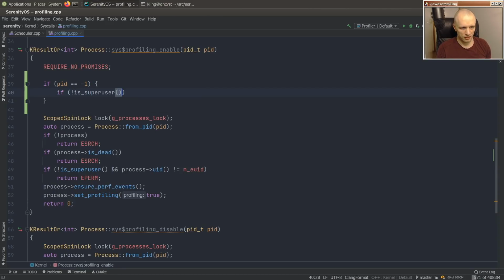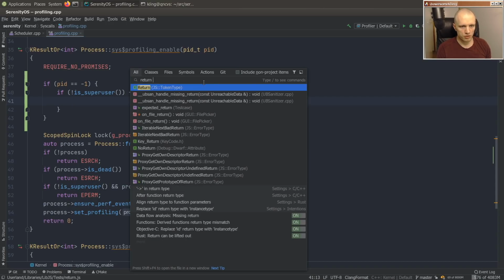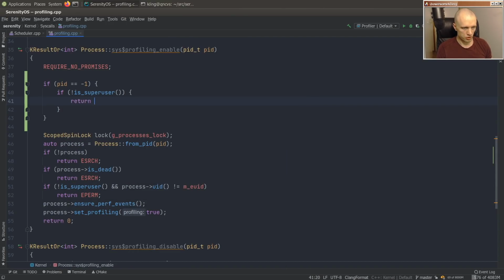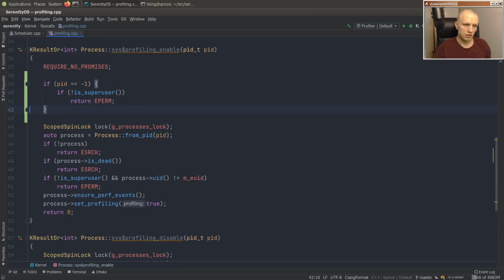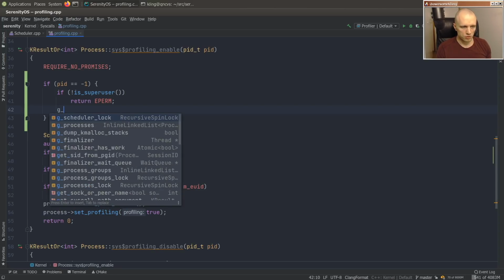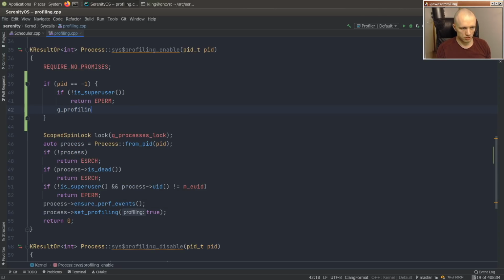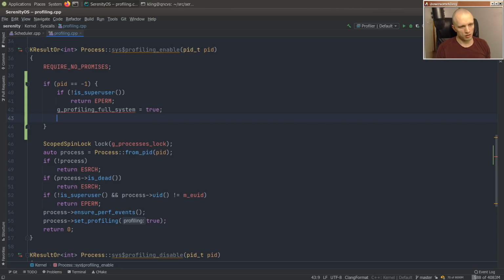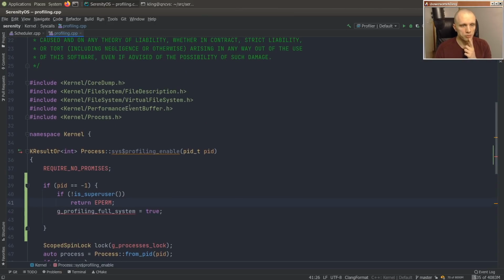So we will return EPERM in that case, if you're not the super user. And otherwise, we will start profiling whole processes. Or let's call it profiling full system. True, right? Okay, and I guess we're going to need some kind of a performance event buffer